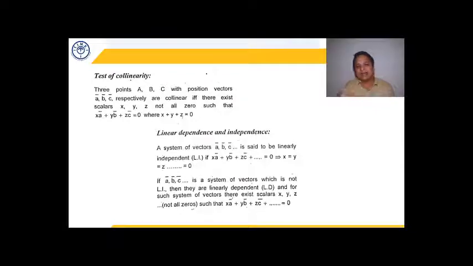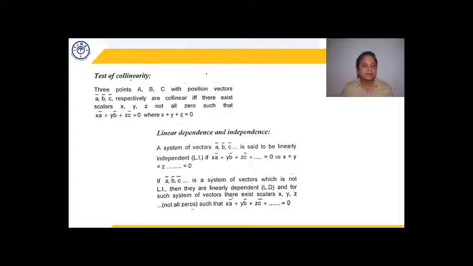Linear dependence and independence. A system of vectors a, b, c is said to be linearly independent if xa plus yb plus zc and so on equal to 0 implies that x, y, z are all 0. That means we are not finding any other scalars which satisfy it. When x, y, z scalars are all 0, multiplying the vectors by these scalars and adding them we get 0. This gives only one possible solution, that all x, y, z and so on are 0. Then we say they are